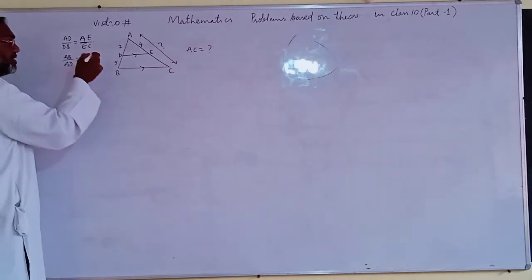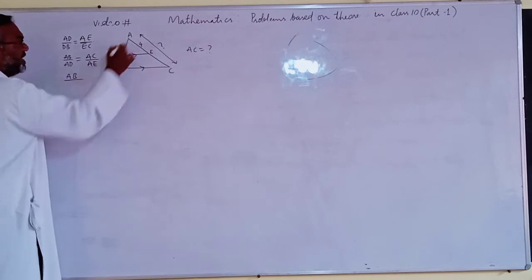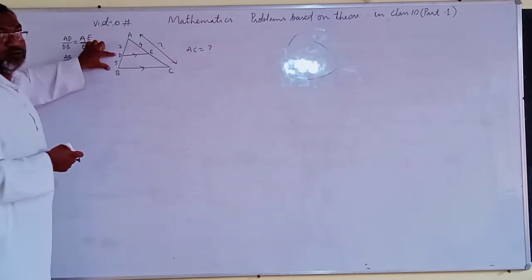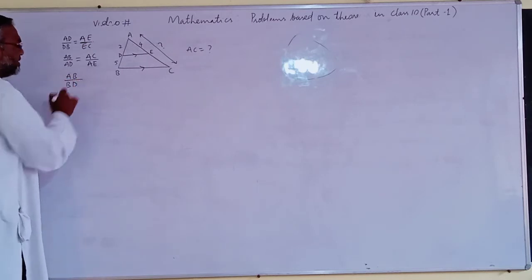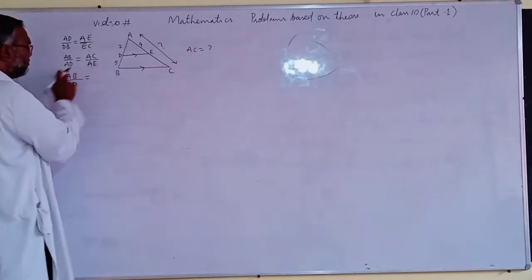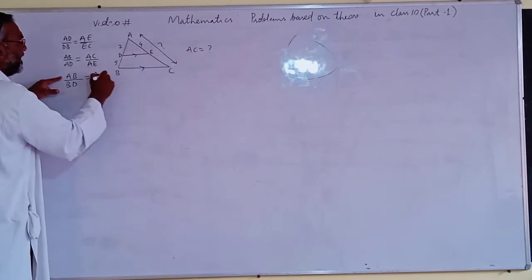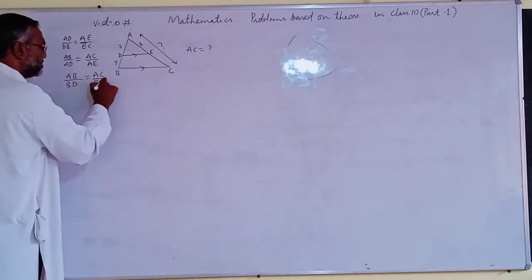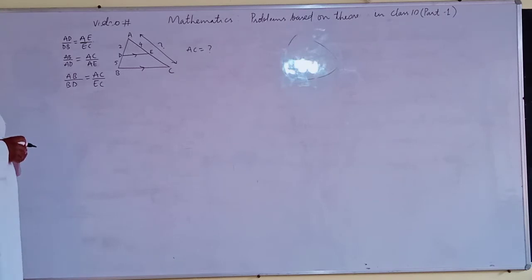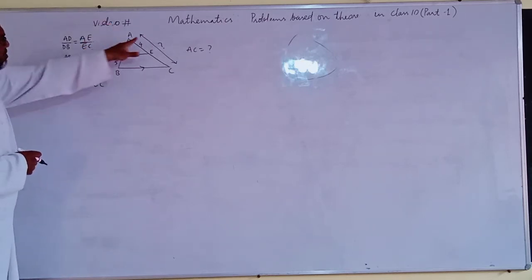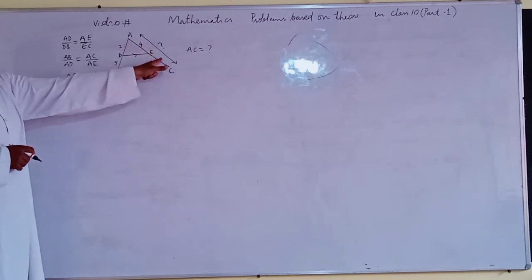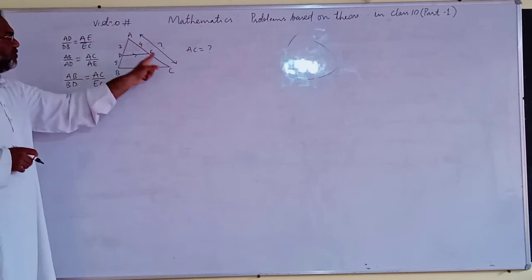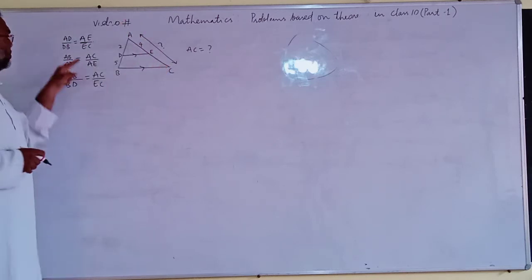Once again, you can write one more: AB full length divided by BD, the lower part, will be equal to AC full length divided by EC, the lower part. This is also a true result. Now we have to decide which result can be used here. If you observe carefully, with part by part, we can find this part using this result and later add 4 and this part, you will get AC. Or you can use this result,